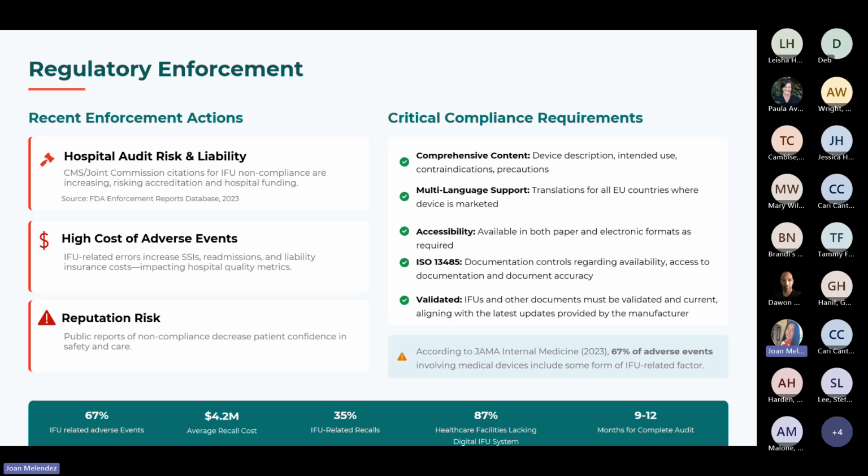I'm sure many of you have seen the recent news of several hospitals who have failed audits recently, resulting in the closure of their operating rooms until compliance is remedied, and jeopardizing sanctions imposed due to repeated failures in their audits. Public reports of noncompliance decrease patient confidence in safety and care, eroding the reputation of the hospital or surgery facility with the public. According to recent data, 67% of all adverse events involving medical devices include some sort of